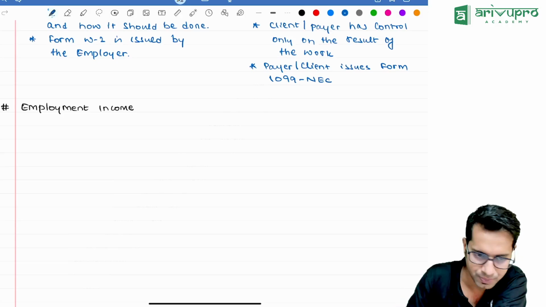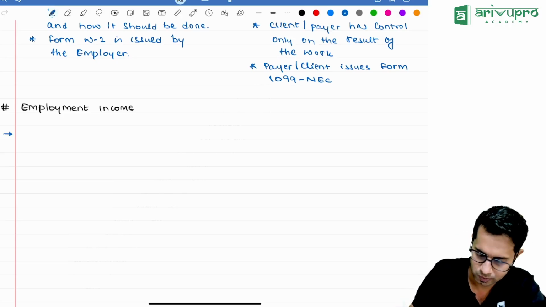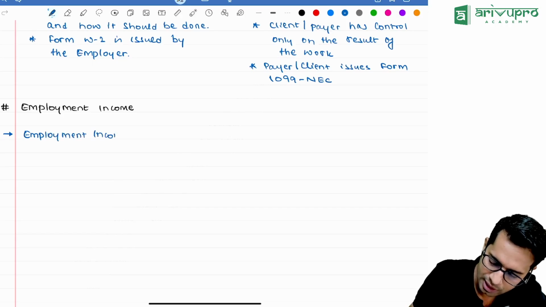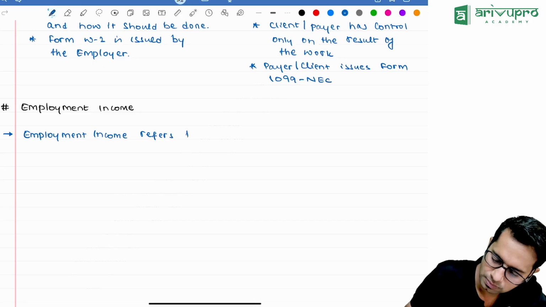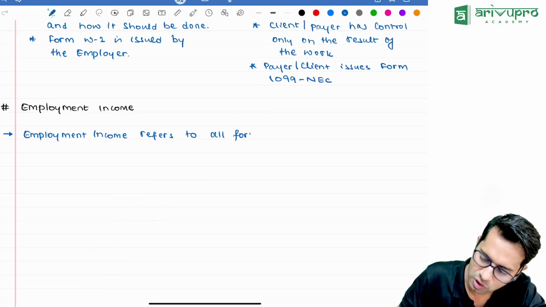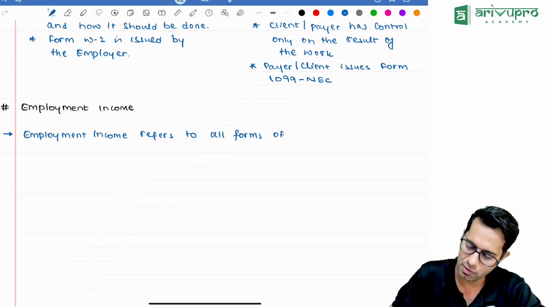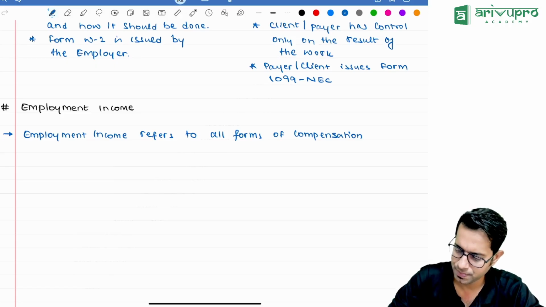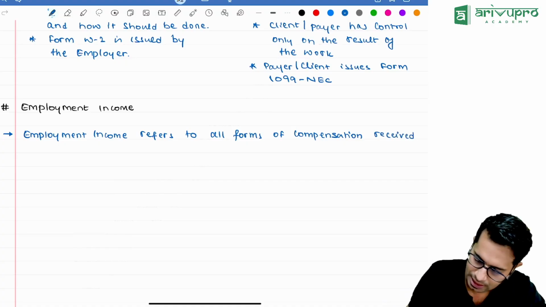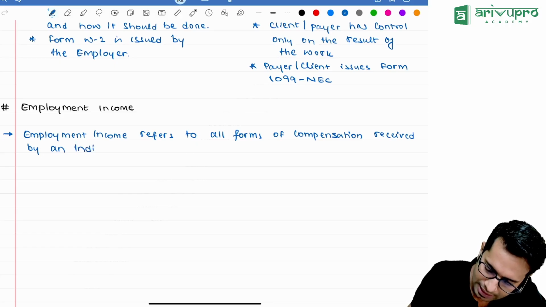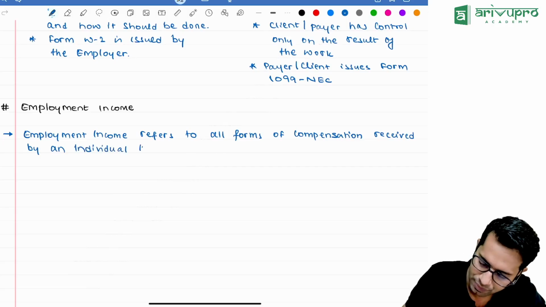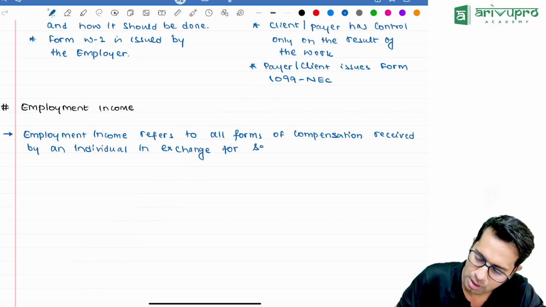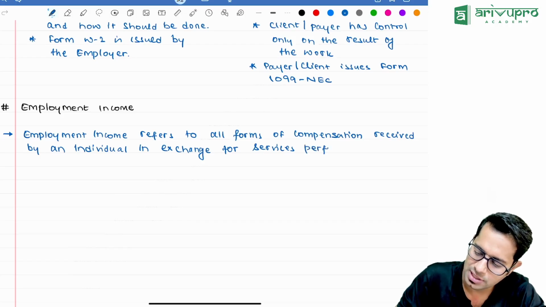So, what is employment income? Employment income refers to all forms of compensation, all the forms of money which is paid, received by an individual in exchange for services performed by him. So for whatever services you are performing